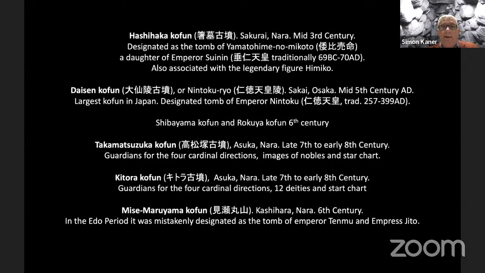There are many Kofun in Japan. Over 160,000 are still known today, and it's considered that maybe twice that many were built between the 3rd and the 7th centuries AD. This was the period when the Japanese archipelago first of all saw the birth of a state-level governmental organization located in central Japan around the area of contemporary Kyoto, Nara, and Osaka.